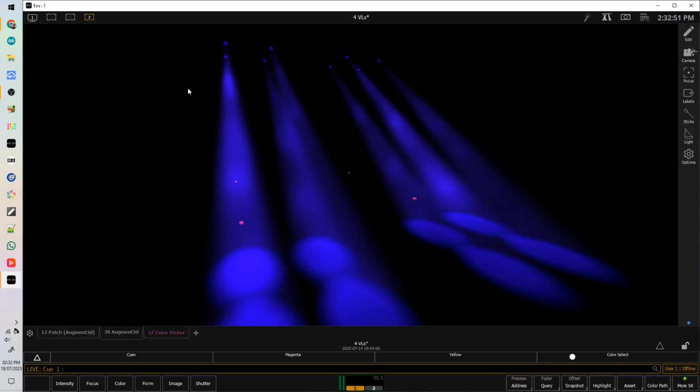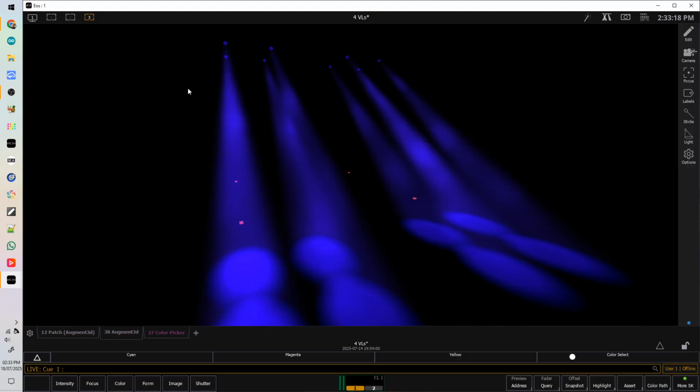If you are unfamiliar with what we are trying to achieve here, I'm just going to quickly explain. This is a button, a playback or an executor, that when you press it momentarily, the fixtures go to 100% intensity often, and they take out any color filters that are in there. So you get this bump of pure white output, which looks great. So how do we create this